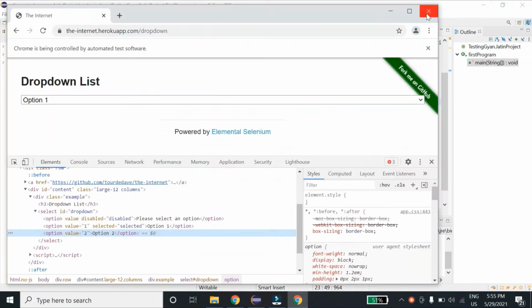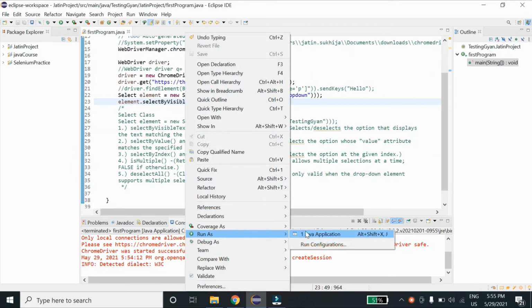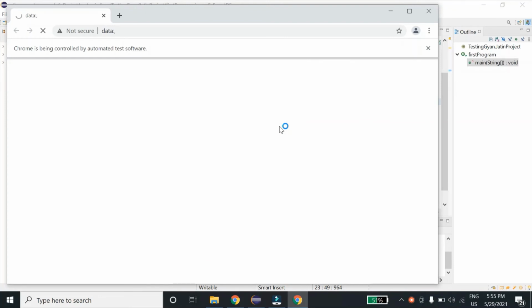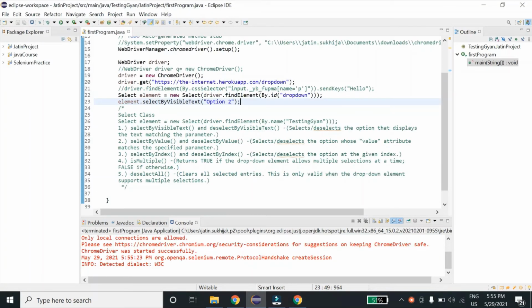Now if I run this, let's see whether it will select option 2 or not. So you can see this time it selected option 2. So I hope all of this is clear till now.